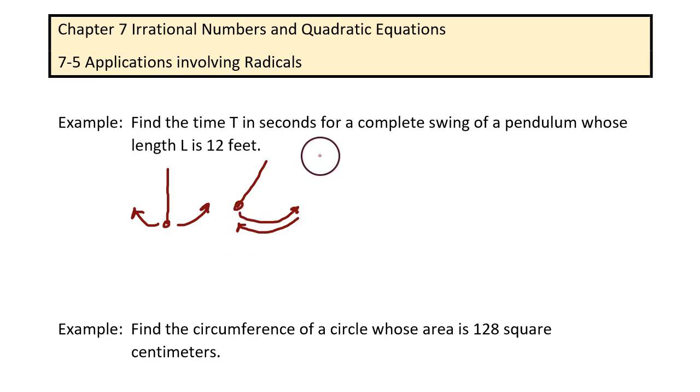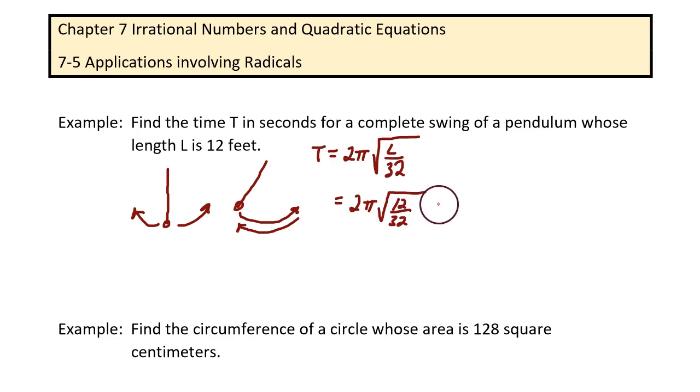To answer this question, we need to know the formula relating time and the length of a pendulum. That formula is T equals 2 times pi times the square root of L divided by 32. Then the question becomes just a matter of substituting the length. 12 divided by 32 is a reducible fraction, so this can be rewritten as 2 pi times the square root